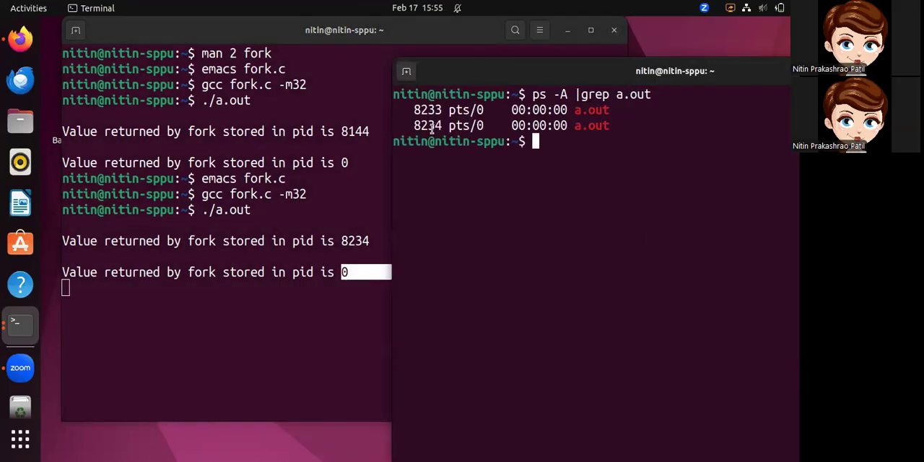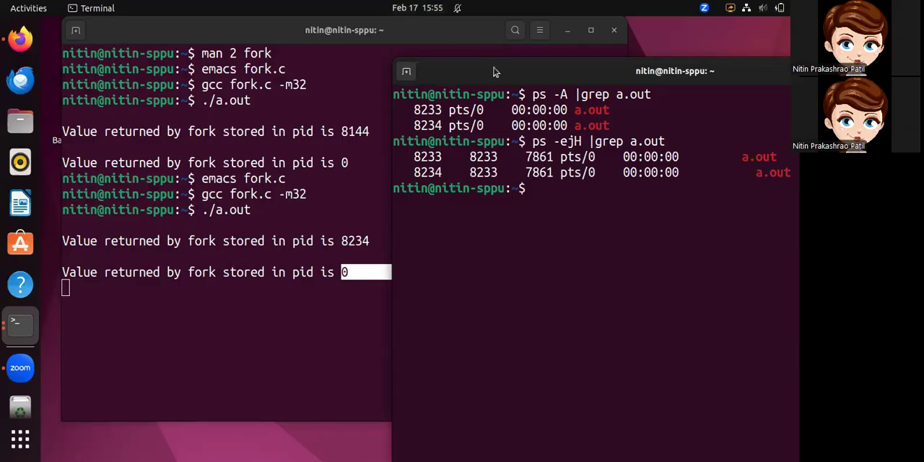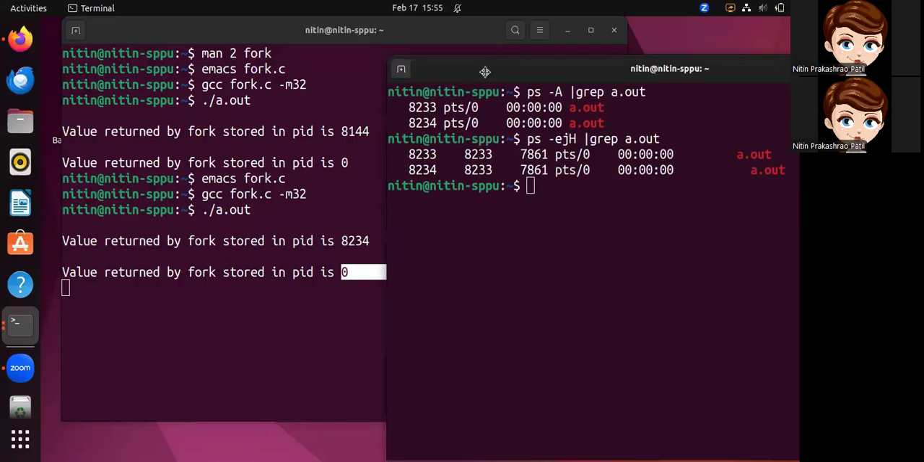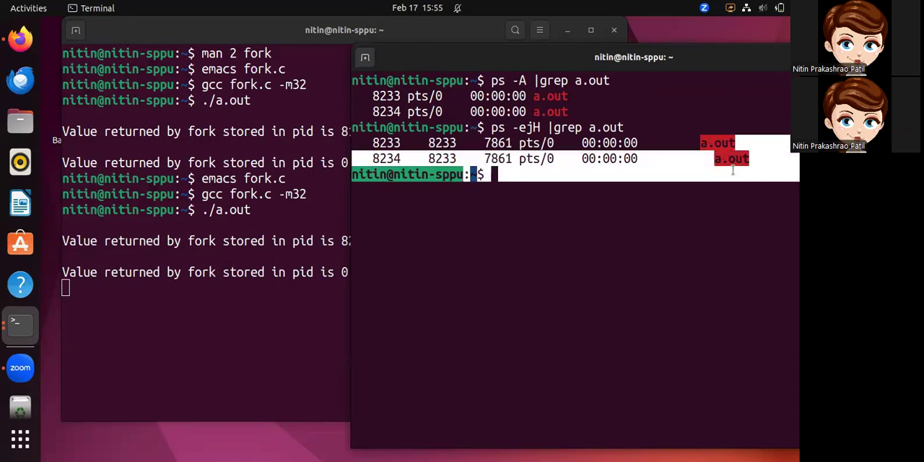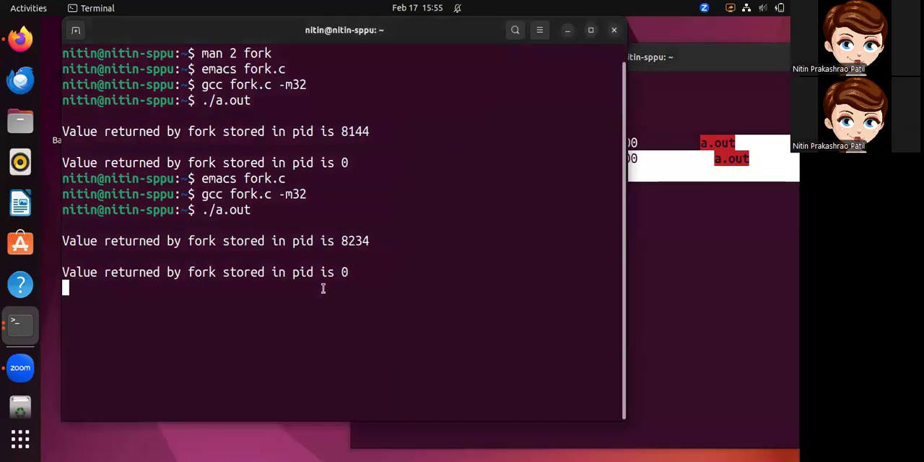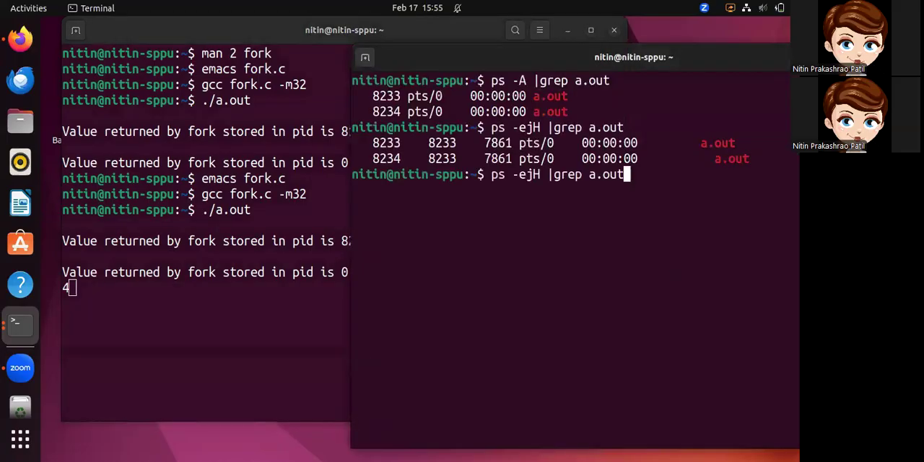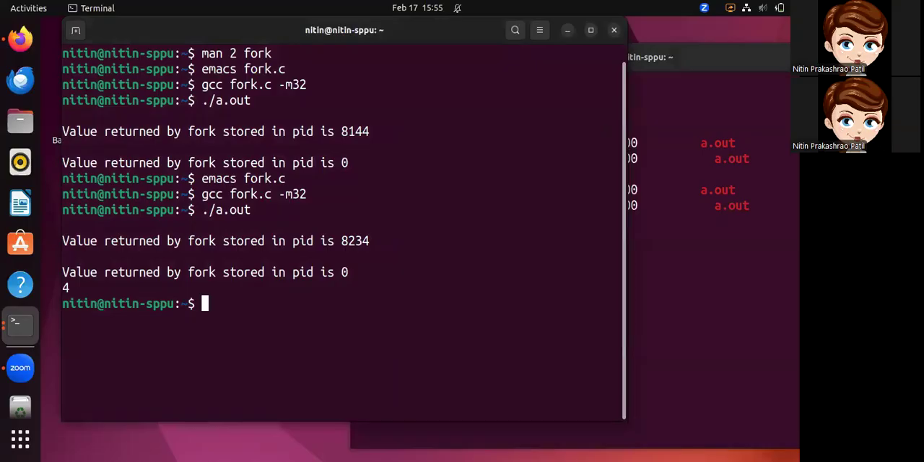Now if I use ps -eH, with capital H, to display the tree, you can see a tree-like structure. One can see here, this is the parent and this is the child. There is a hierarchy added while displaying this process tree. Now suppose I give input here, say 4. Okay, let me check both processes are running. Now when I press enter,